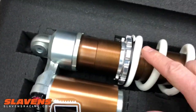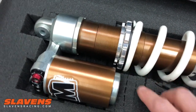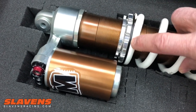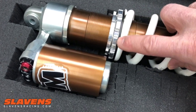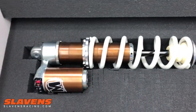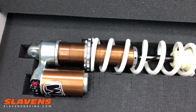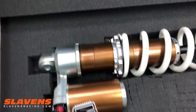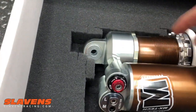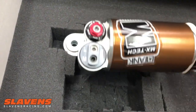It's got excellent adjusters on it here. These are two adjusters that lock together. And then it's got a plastic, for lack of a better term, like a washer here for the shock spring to rotate on. Because as the spring compresses, it rotates. So that just allows it to rotate and makes a freer movement of the travel. You can see that this top piece here is all billet and anodized,